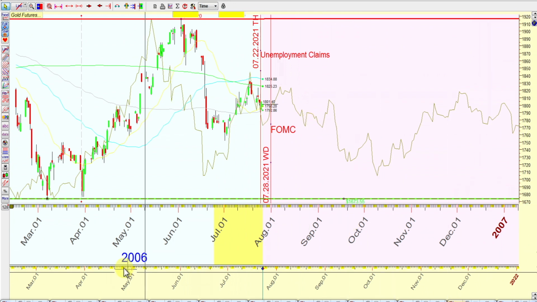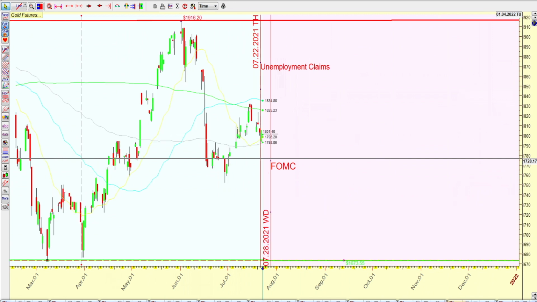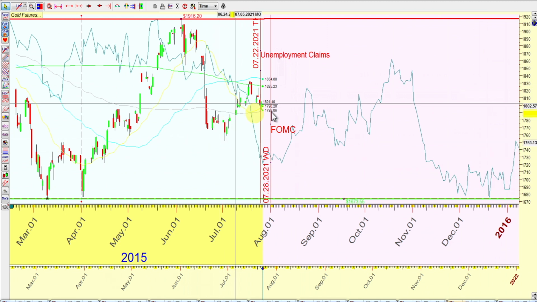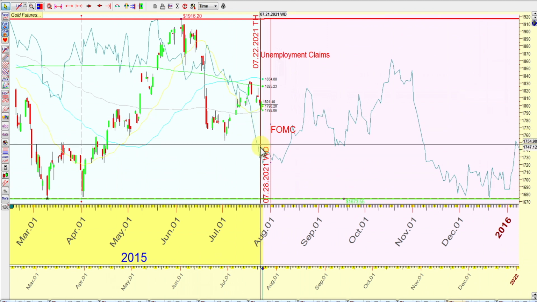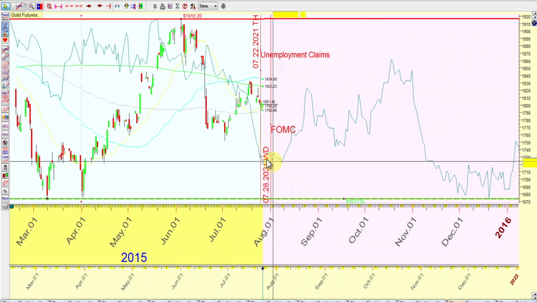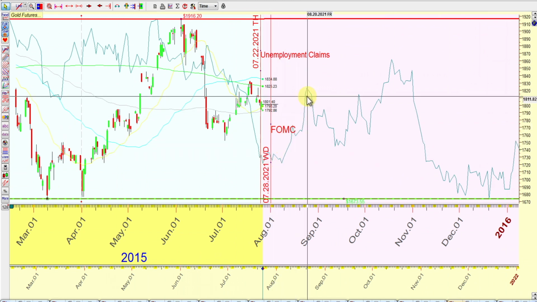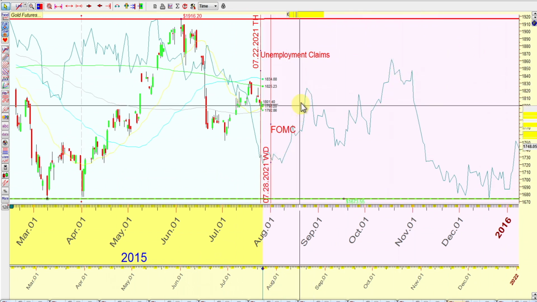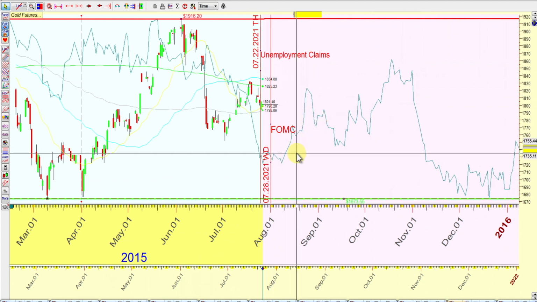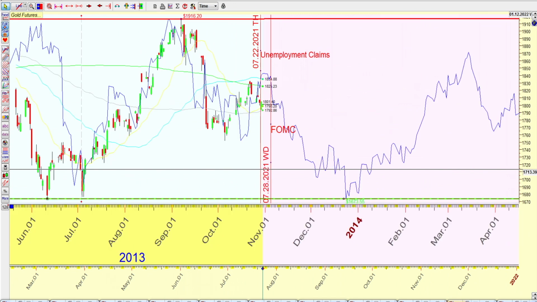So that's what it's showing as a pattern, picking it up from 2006, the closest that it would fit. This one is a similar year, and it's picking it up from 2015. So it's showing down and then kind of consolidating till August 3rd, and then up, which lines up with a lot of the solar annual, prices going up, turbo, and so forth. And then the last one I showed you at the beginning of the video is the one that's kind of bearish.